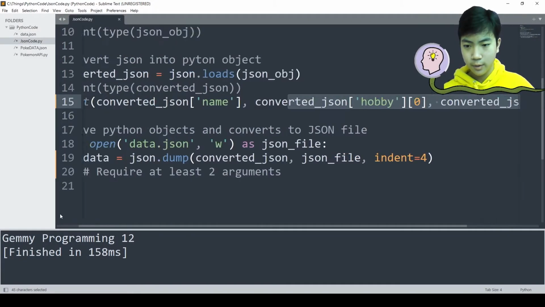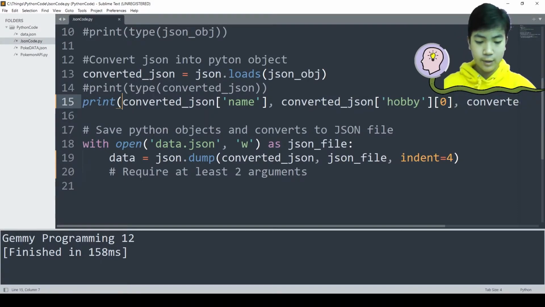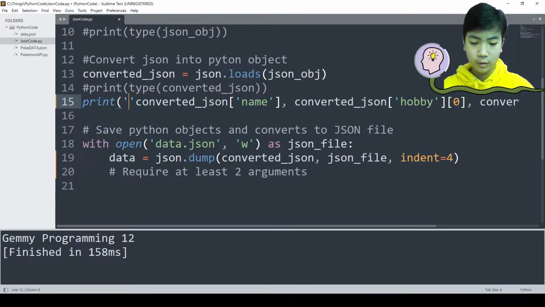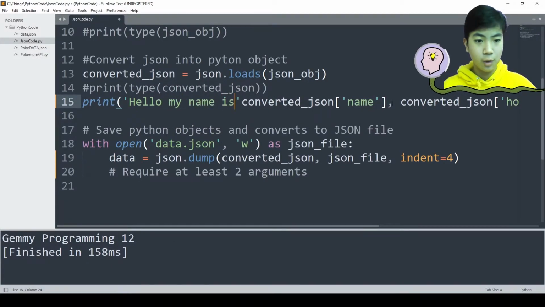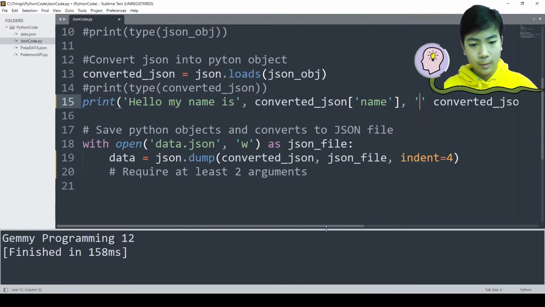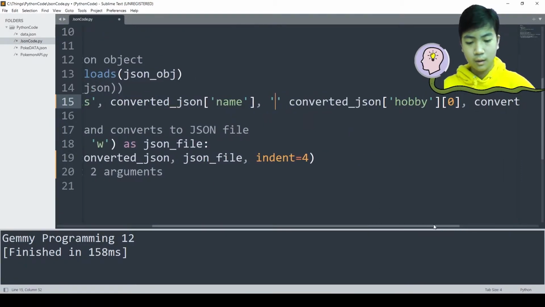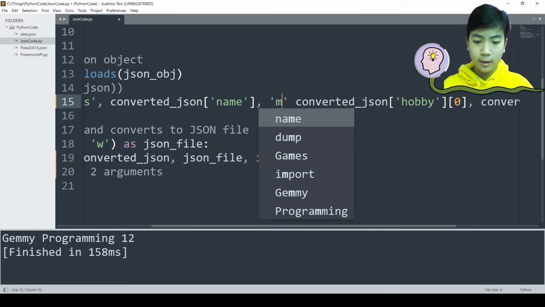So yeah, let's do it. Let's pretend this is an introduction. So let's go, hello, my name is Jemmy. Hello, my name is, and then it will show up the name, and then we need a comma between each one, like so. Okay, and then my hobby is,